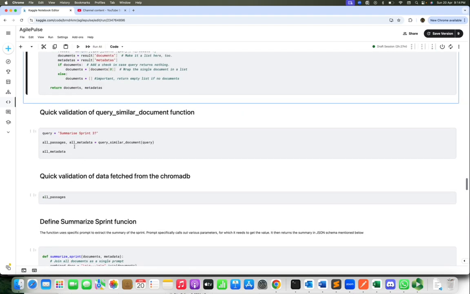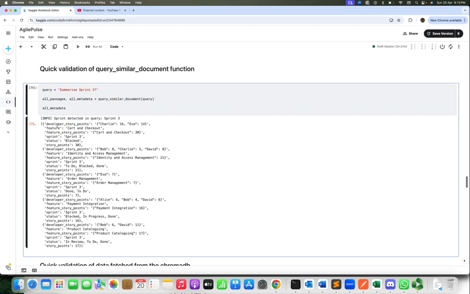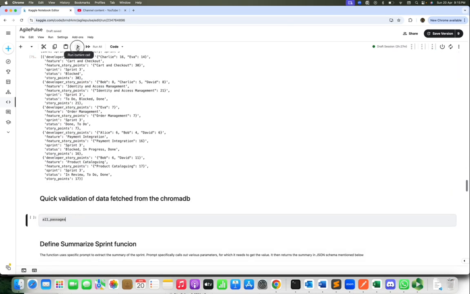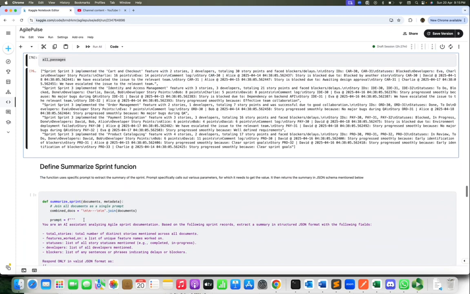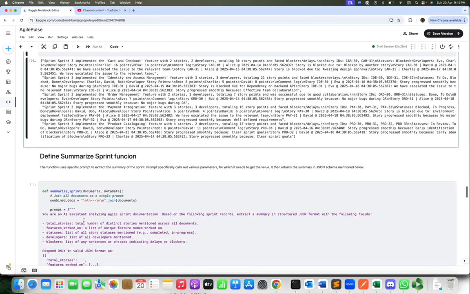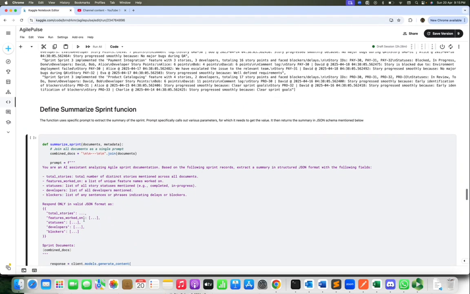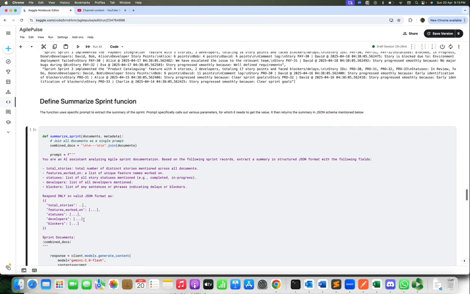Once this is defined, let's see if it is able to fetch it. Yeah, I'm able to get all the metadata since sprint 3 was there, and let's do a quick validation of this. Yeah, this prints all the document passages which are part of that document. And the next step is to define the summarize sprint function,